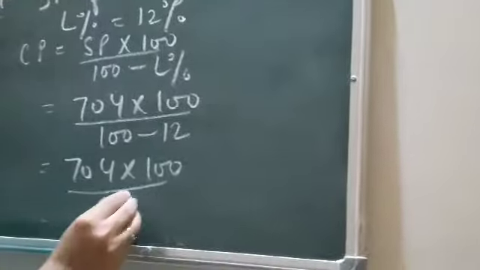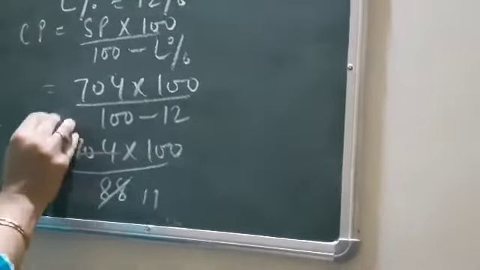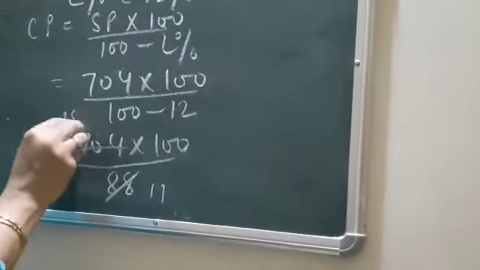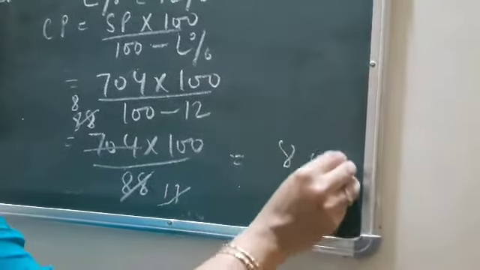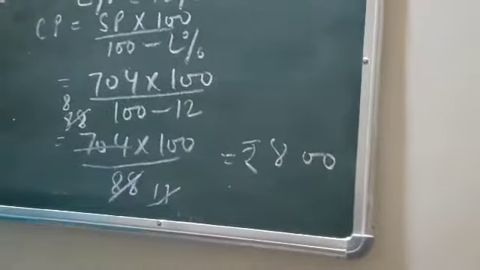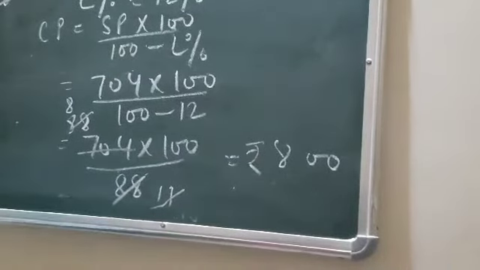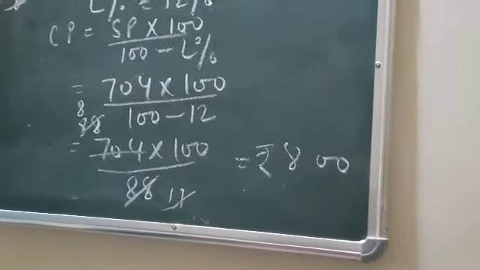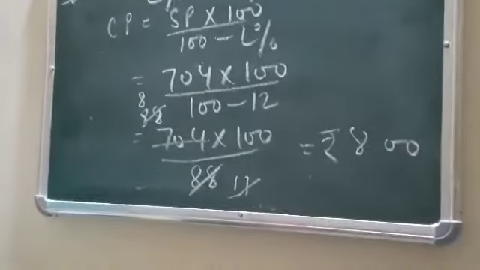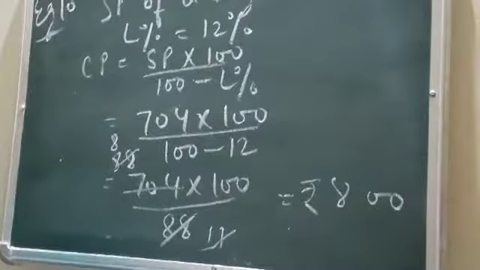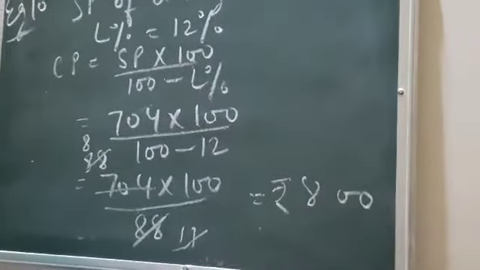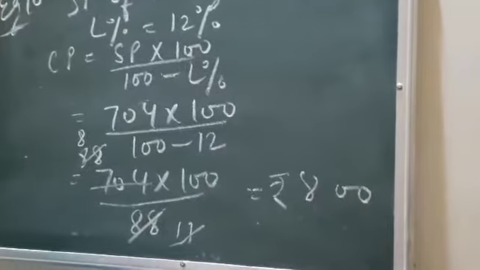It will go by 8. 8 11s are 88, 8 8s are 64 and again 64 8s are. So CP is 800 rupees. Now what is the question? On selling a bag for this 704 rupees, shopkeeper suffers a loss of 12%. At what price should he sell it to gain 7.5%? Now this is the CP. In the question they are asking at what price he should sell so that he gets a profit of